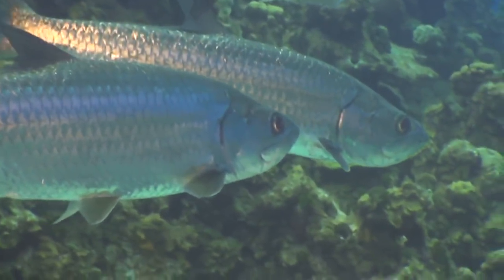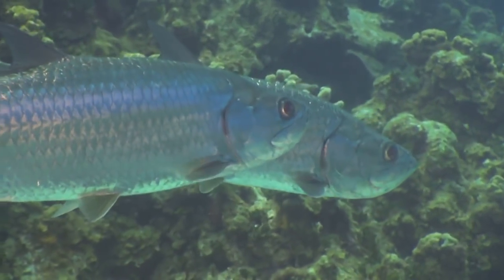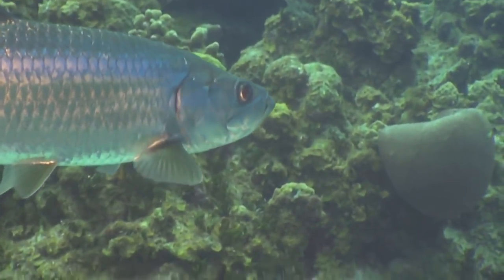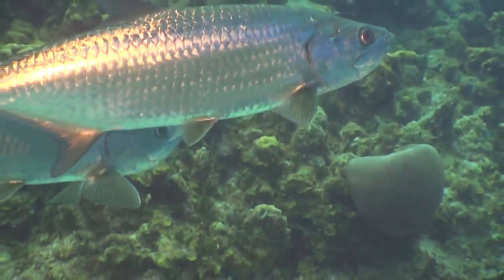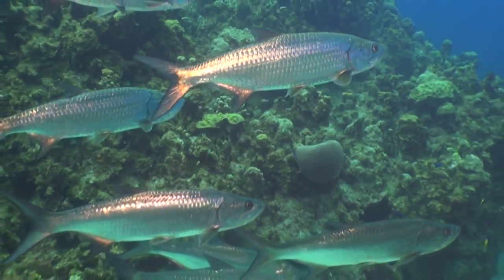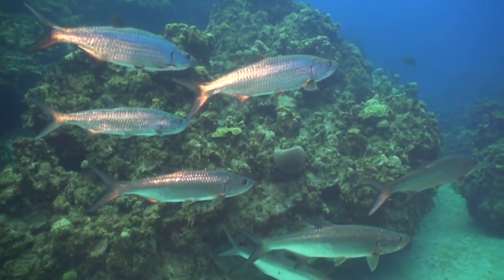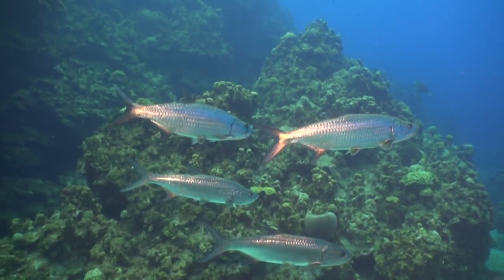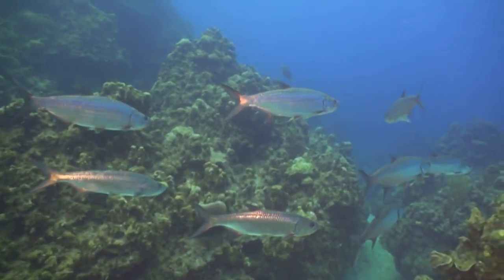But in tarpon, this also acts as kind of a pseudo or a fake lung, that when they come to the surface, they can get a gulp of air and then use that for their metabolism. So this gives them an advantage, especially in oxygen-depleted water, because oxygen obviously contributes a lot to metabolism. So if it's scarce, the fish that don't have as much oxygen, because they're in oxygen-depleted water, will be slow and kind of sluggish, whereas the tarpon can come to the surface, take a gulp of air, and then they can have the energy to catch the really slow